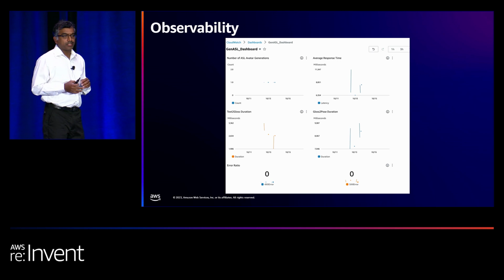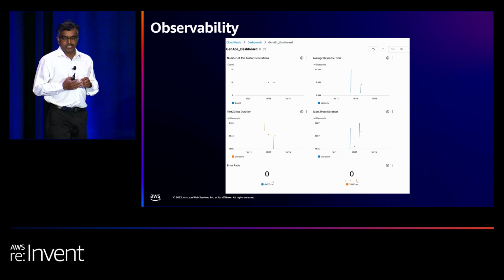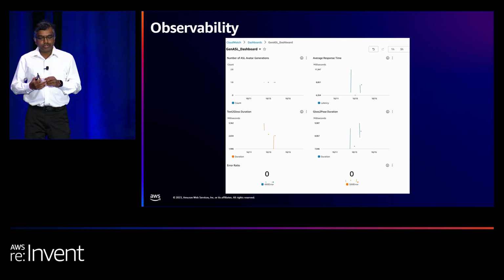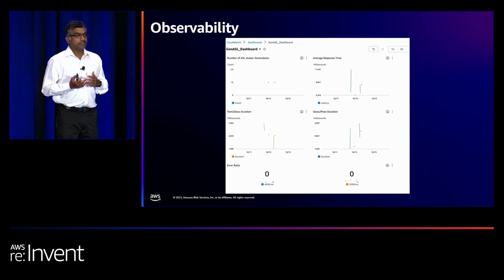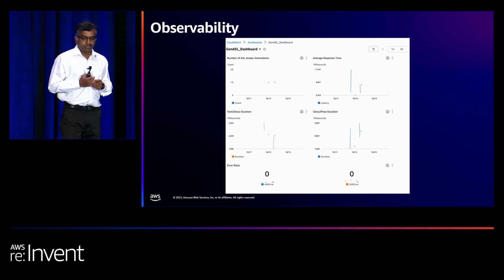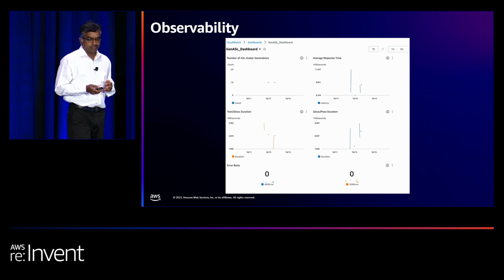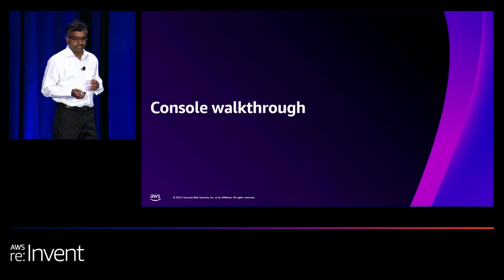So the average is around 10 seconds total. And then the bottom part is showing the error metrics. It's good to provide a good user experience by tracking if there is a failure and then alerting the DevOps team. So it's capturing all the errors produced by this GenASL application.